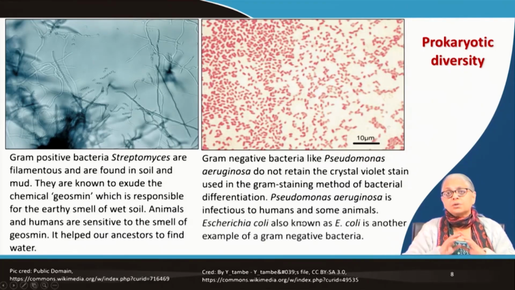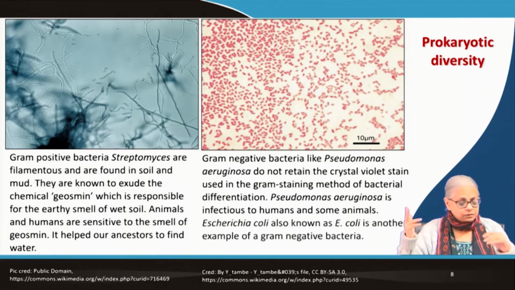Pseudomonas aeruginosa is all around us. It's present in soil, and in the feces of human beings, animals, perhaps even birds. It's similar to E. coli. E. coli is also found in the feces of humans and animals and birds and so on. So these are both gram-negative bacteria that are very common in our environment. You will find them in water, soil, all of these environments, not in air. They need water.